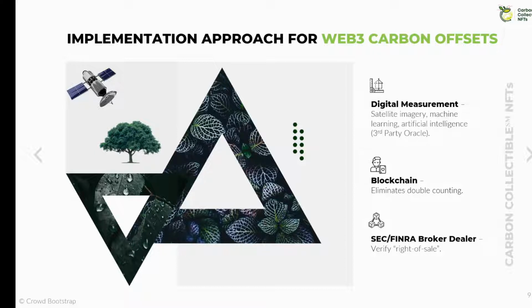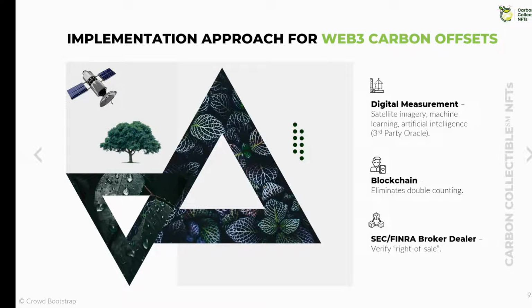We also use a blockchain to eliminate double counting by tracking NFTs that map onto each hectare, each plot of forestry within our forest. And we also used a SEC FINRA certified broker dealer who verified the right of sale. Does the forest in the Volta region of Ghana, the Abatime forest, exist?